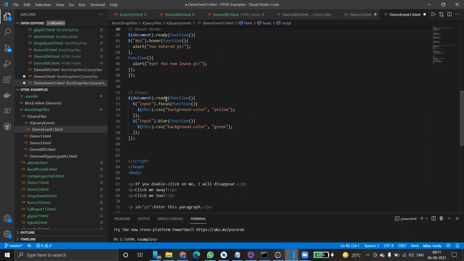Document.ready of function. Whenever the document is ready, automatically it starts listening to this event. So input.focus and so on. Either you can use ready or you can also use bind. What's the difference between ready and bind? Bind actually works at the object level. Ready actually works at the page level. Whenever the page is loaded, automatically the script is loaded in the browser. Effects and animation you can take care of. Let's see how you handle Ajax calls actually. That I just want to show you.